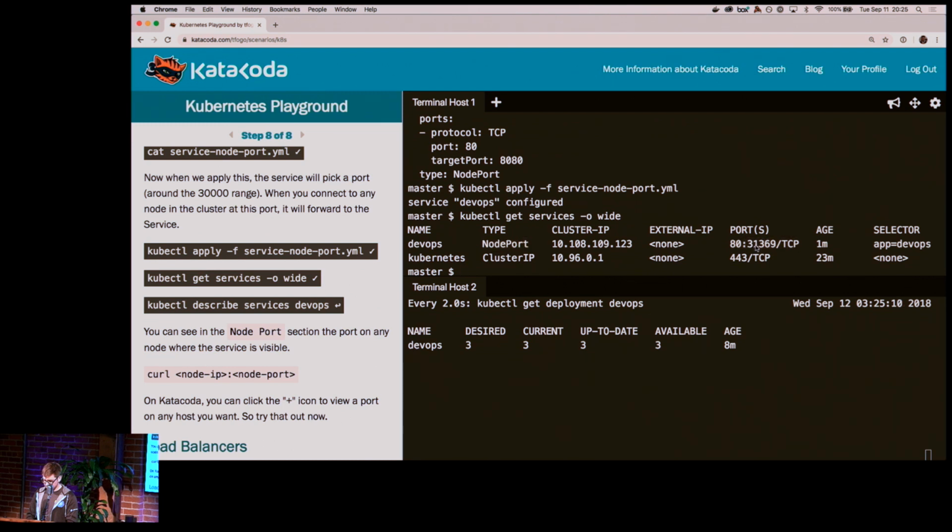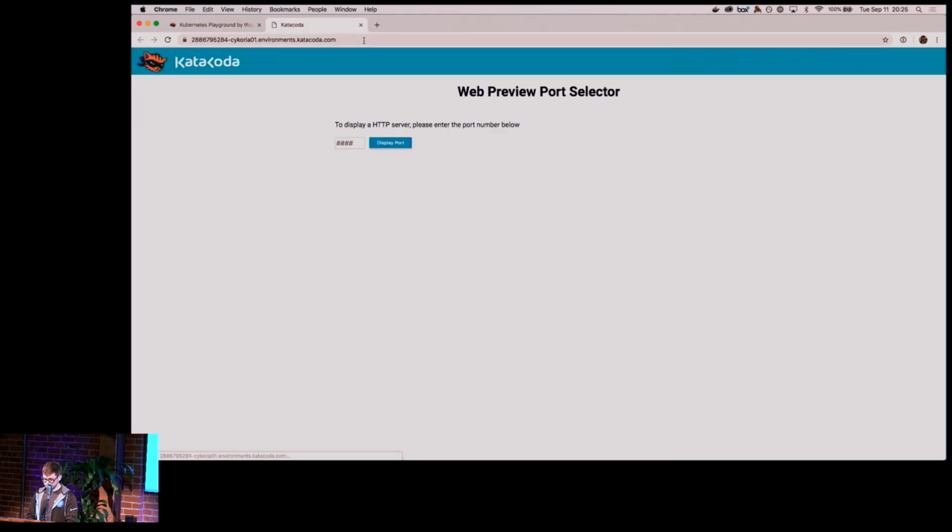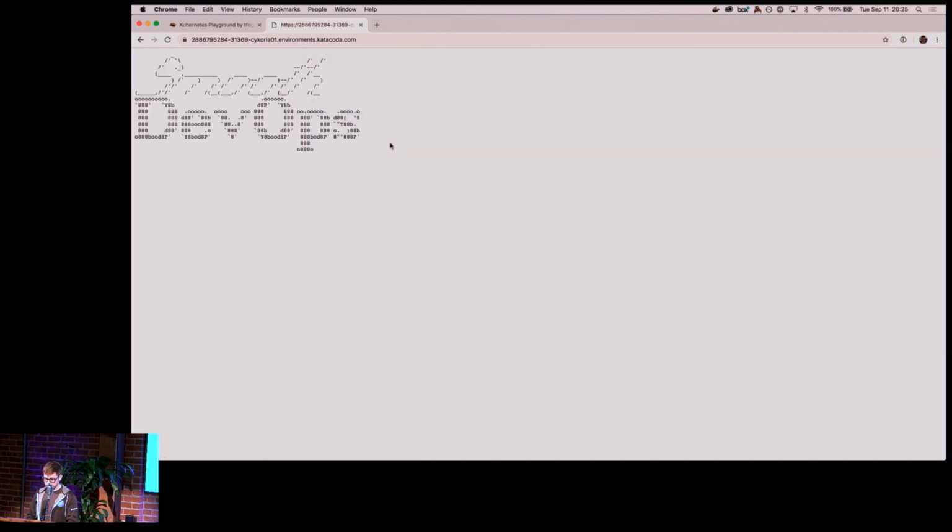And here we see something a little bit different. We see it's assigned us this port, which is the node port. And if you click the plus button here, you can select a port to view on a different host. So I'm going to select a port to view on host 1, and I've just copied the port number. And when I display that port, I'm hitting this port from outside of the cluster,